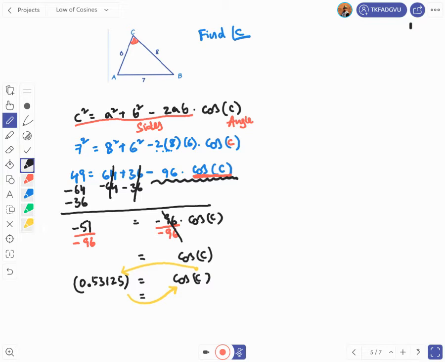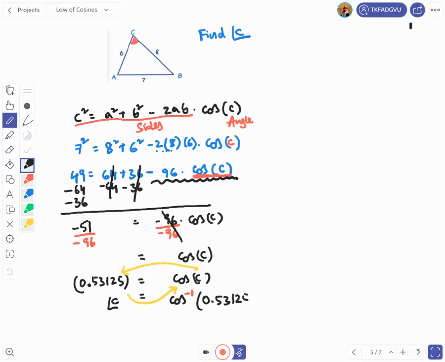Therefore, the value of C equals cos inverse. Don't forget, cos inverse means cos to the power of negative 1. Cos inverse and that number, whatever is there,